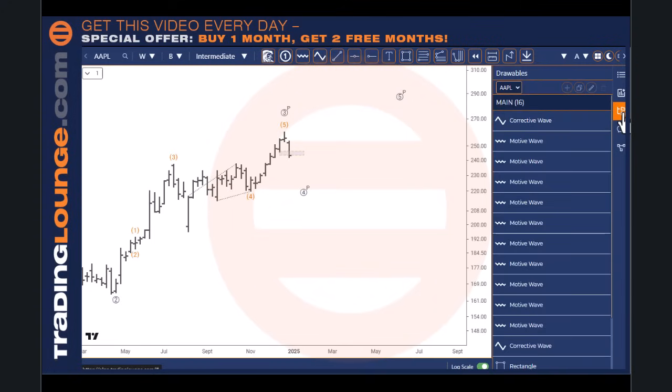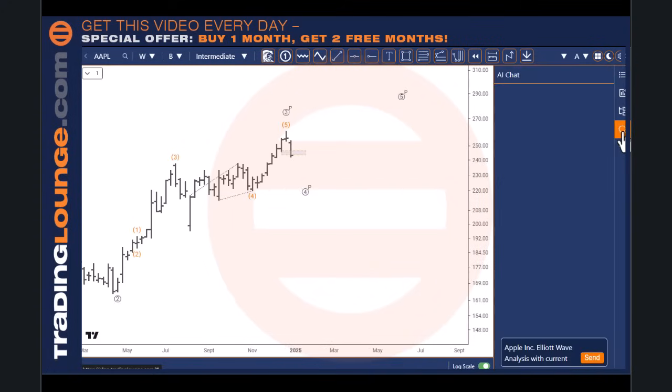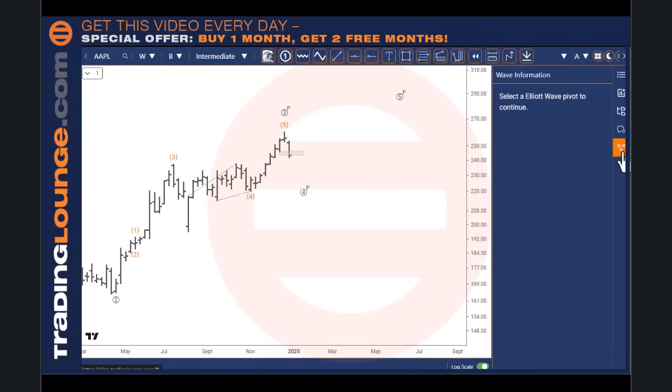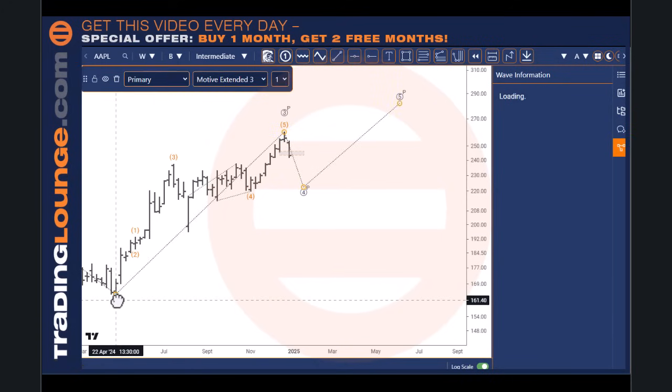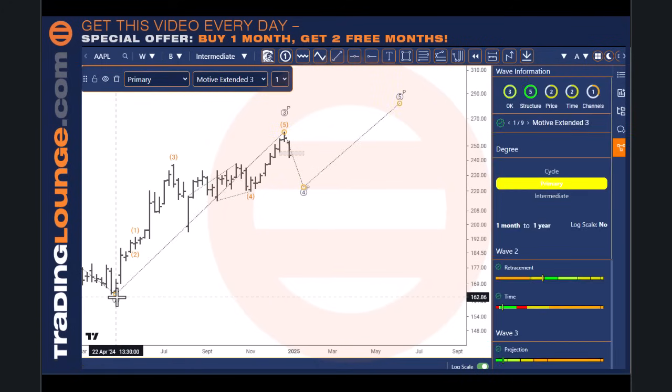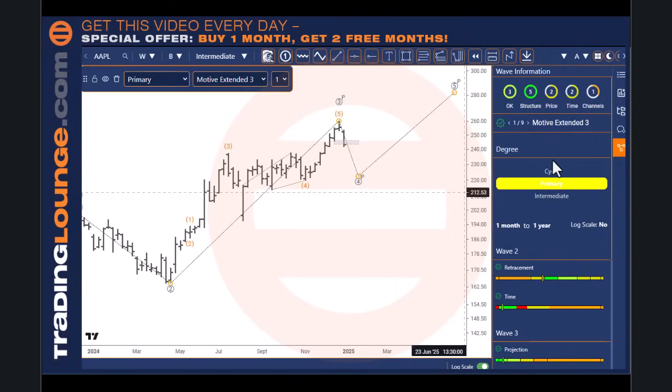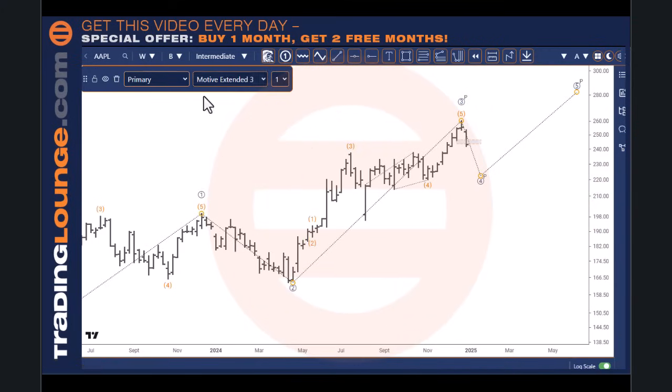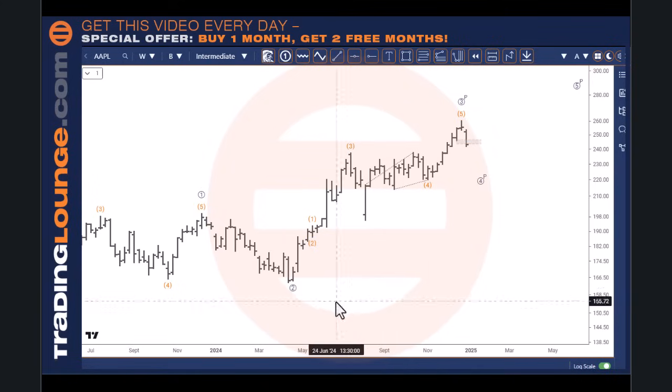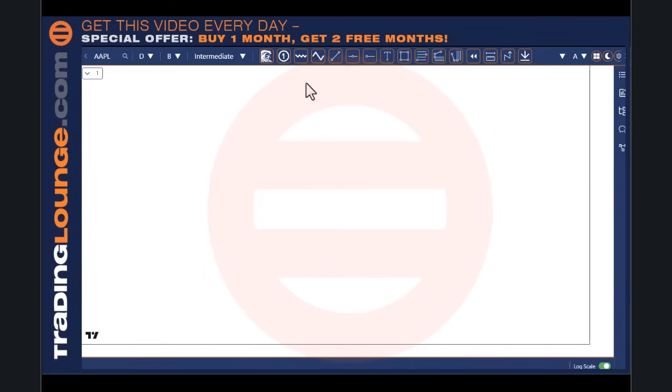I thought it was here somewhere. This one here, select waves to pivot from. Yeah, that's basically what it's giving you, the strength of that count at that point, but not a big deal. So we'll see this a little bit more clearly on the daily chart.